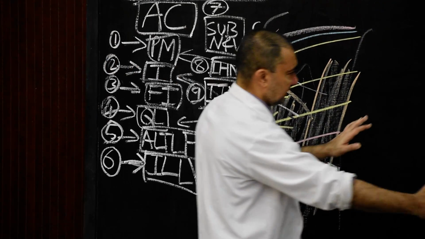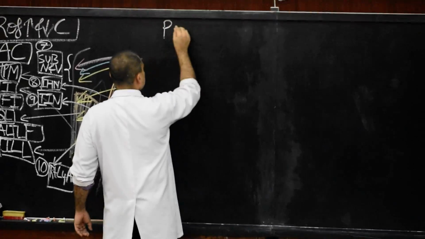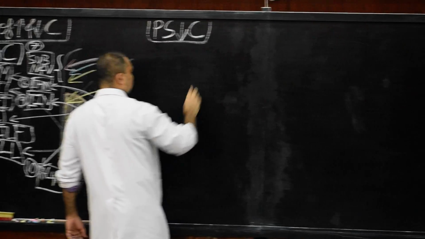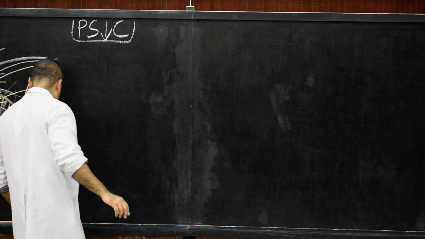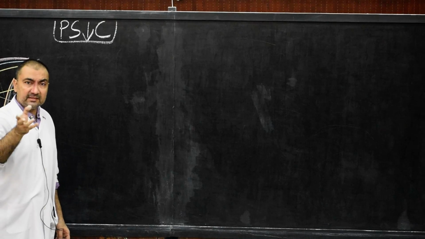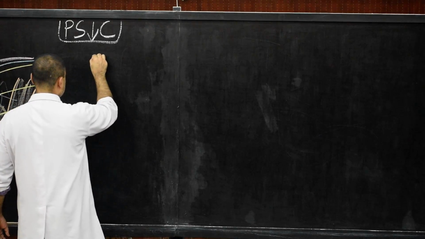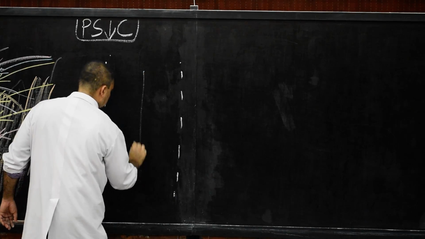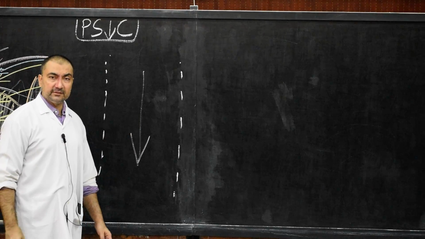Now, please come on this side. Here we are going to mention the posterior structures of descending colon. What are the structures which are related posterior to descending colon? One structure will be common for ascending and descending colon, which I'll tell you later on. Here we are drawing the basic outline of descending colon, a very light outline. Now, what are the structures that are related to posterior surface of descending colon?